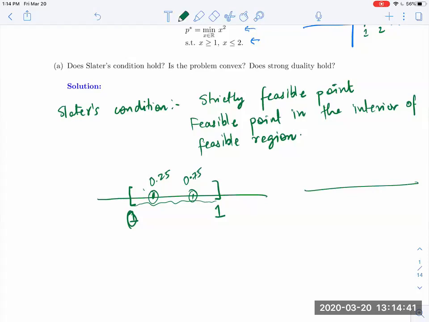However, if your feasible set was just one point, let's say your entire feasible set is just the point 0, how would you get something like this? You would get something like this if you had a constraint. For example, minimize f of x subject to